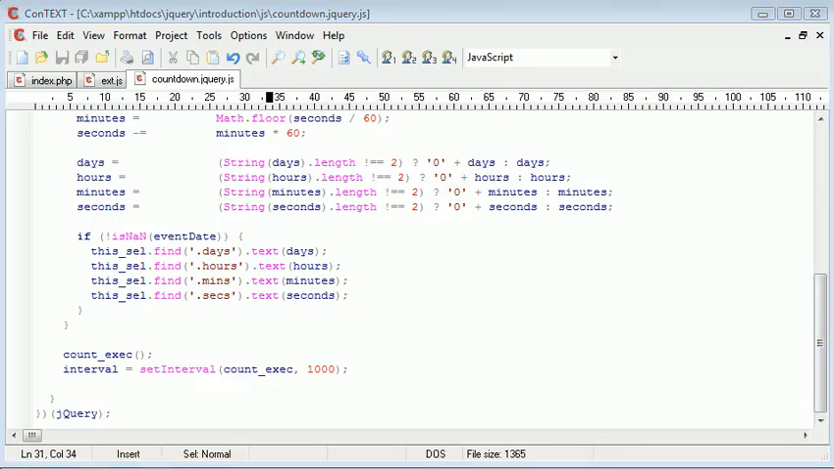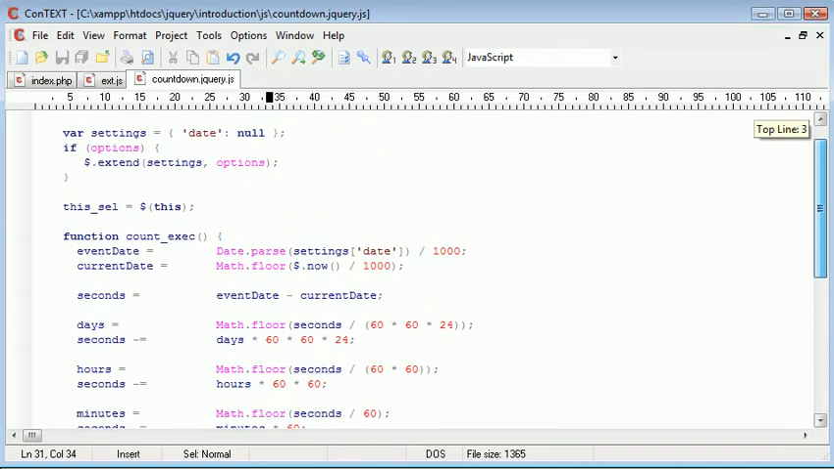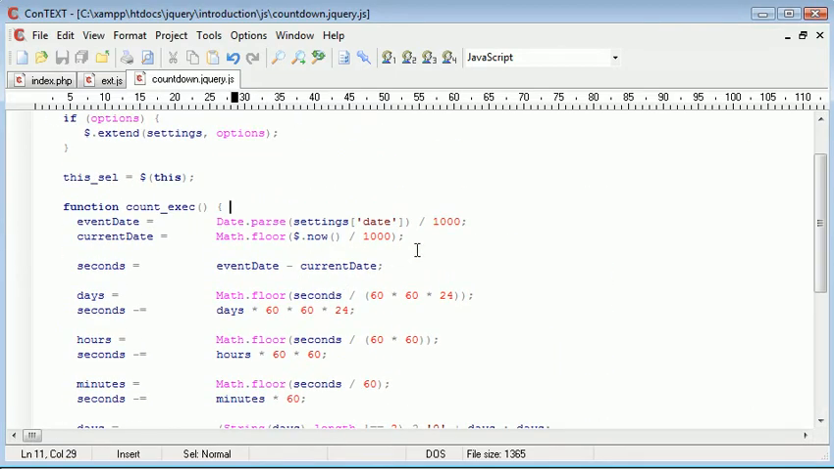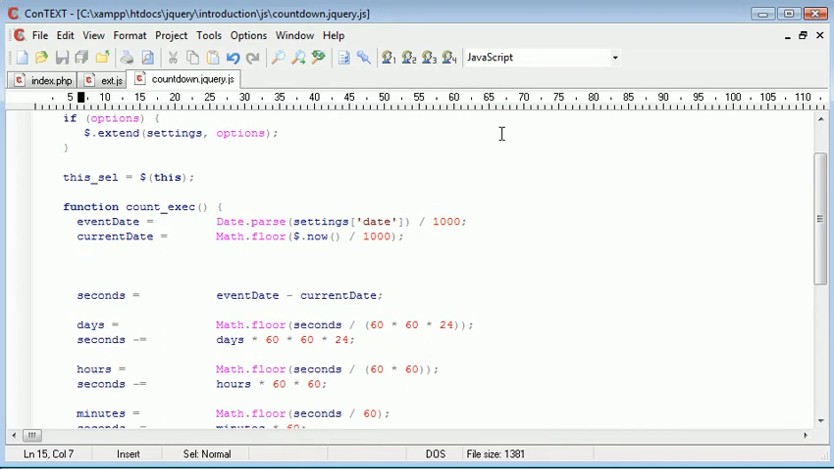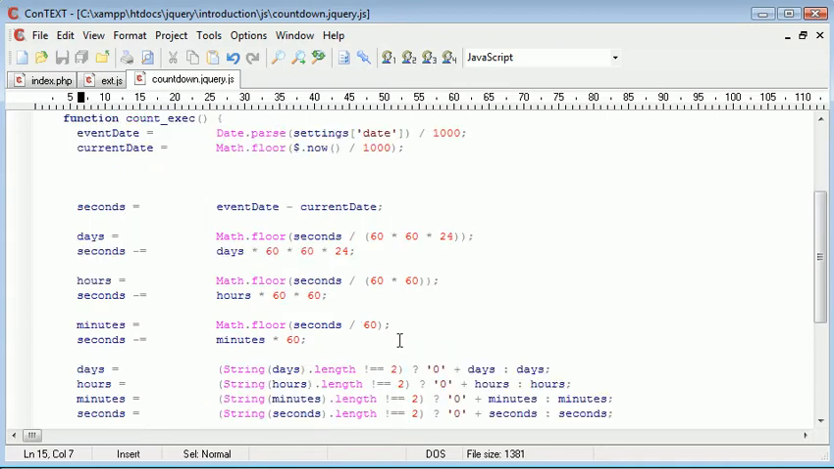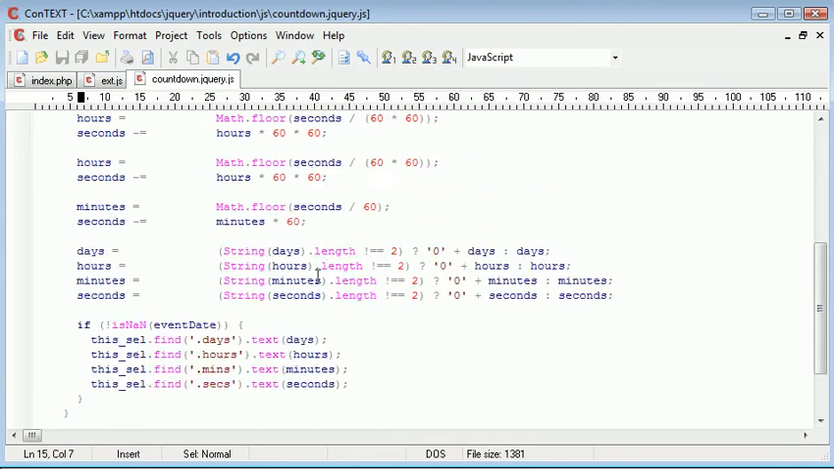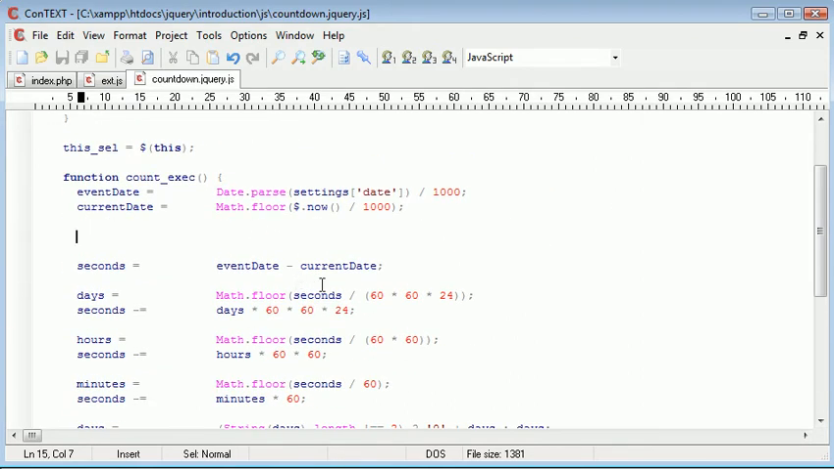Now what we actually need to do is create an if statement at the top of our function, and what this will do is it will calculate whether the event date is less than or equal to the current date, and if so, then we can send our callback function and clear our interval. And it's important that we clear the interval, or the interval will carry on counting down these values in the